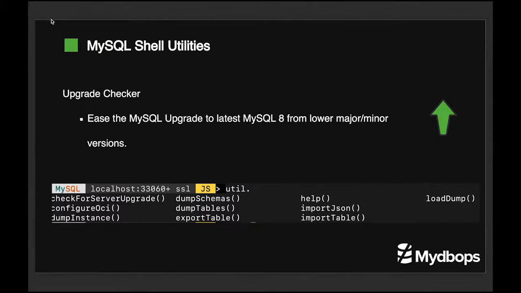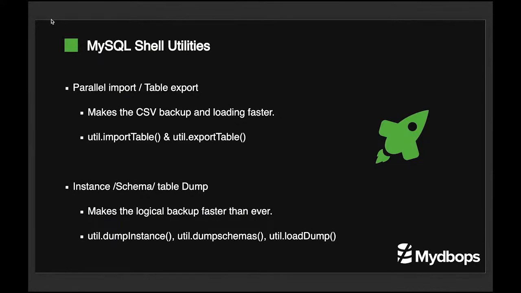So this is a shell output, usually as an extension, and these are the possible utilities available now. So check for server upgrades, schemas, and of course you have help for everything. And JSON import is there. If you are migrating out of a native JSON data store into MySQL, of course this import JSON helps a lot. Other than that, there is also parallel import and table export, which really helps with CSV based files,